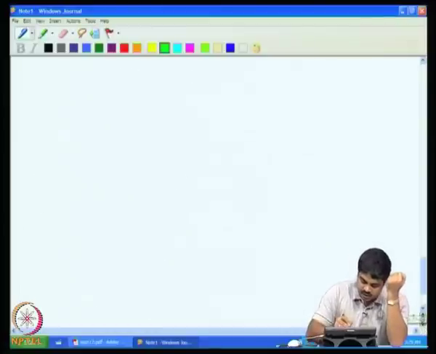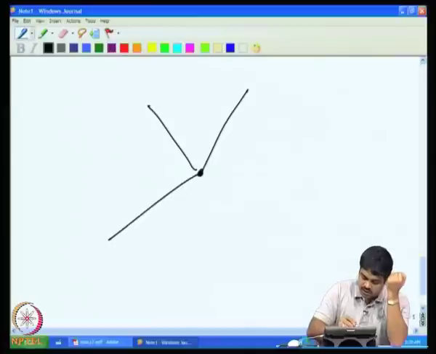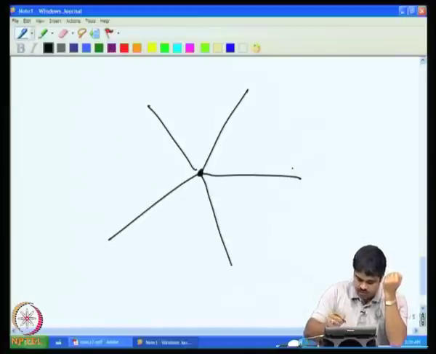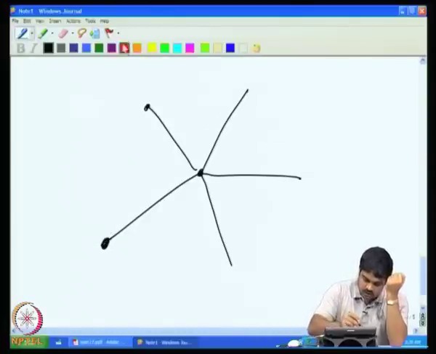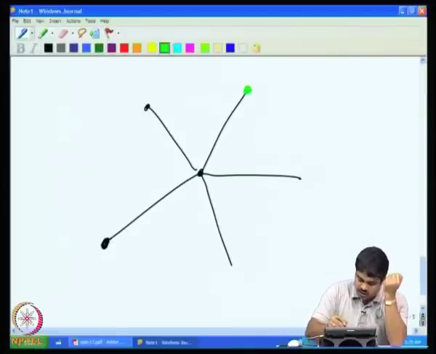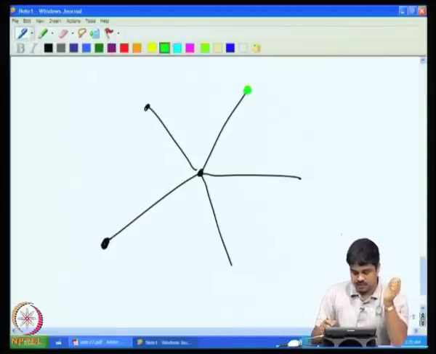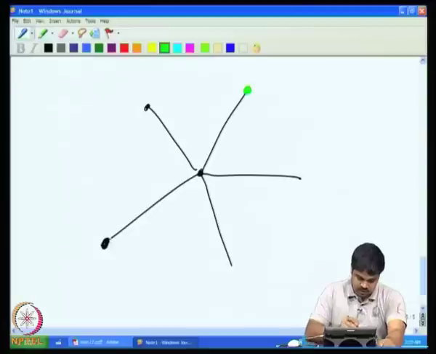So it will be like this. If we have the new vertex and here we have its 5 neighbors, we have selected the black vertex and the green vertex, and let us say our path is like this: